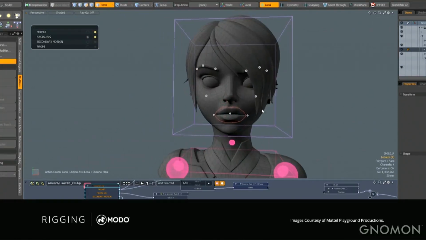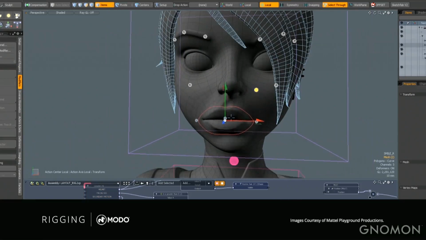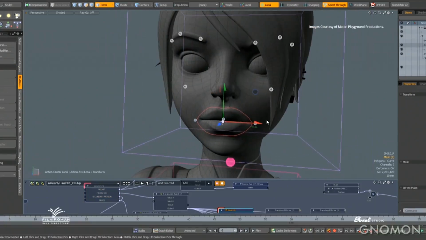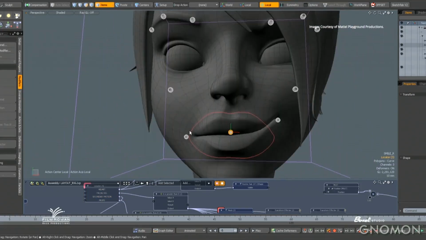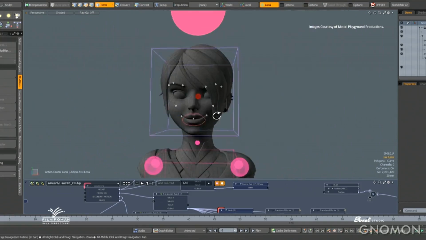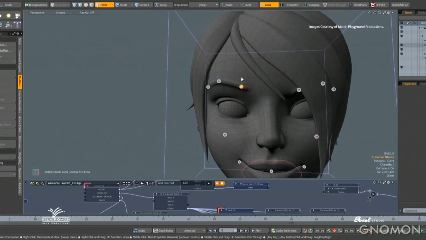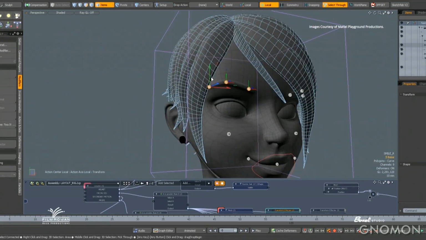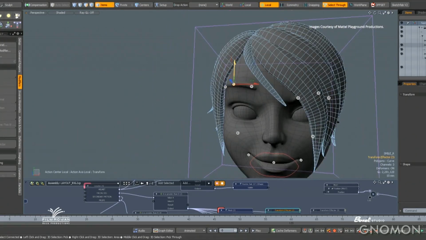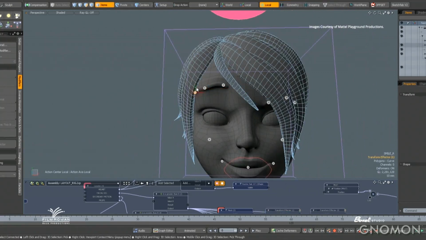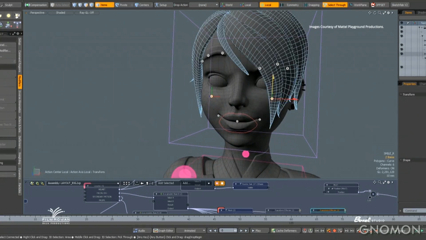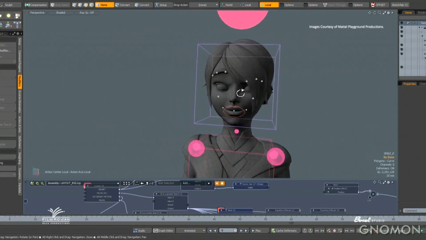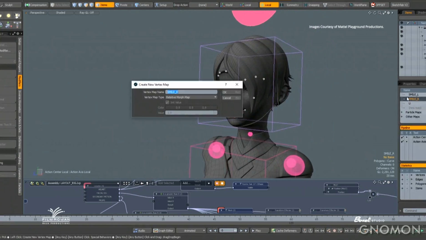Now, moving on to the facial rig, it's pretty basic. It's pretty much morph deformers and transformer deformers. But what's really cool about it is that the way Modo works is that you have your morphs layered. So if the director comes in and asks you to tweak some facial expression, it's pretty simple, really. You don't have to go back and disconnect the controllers. You just go back, tweak it, and instantaneously it's already connected. So if you structure your rig in an organized way, it's really simple to adjust every step of the way.